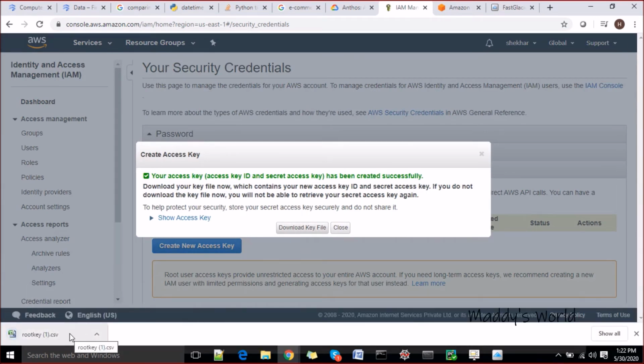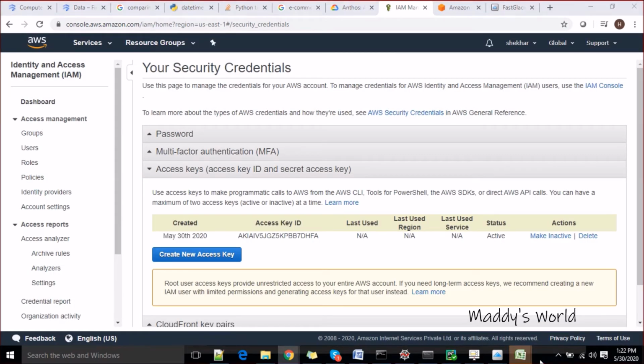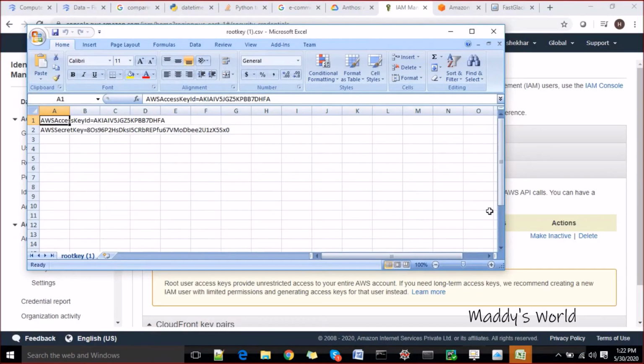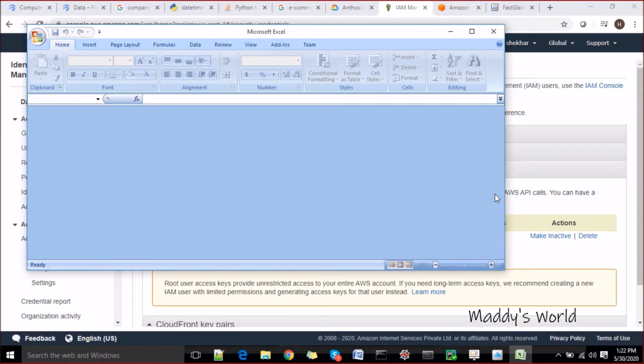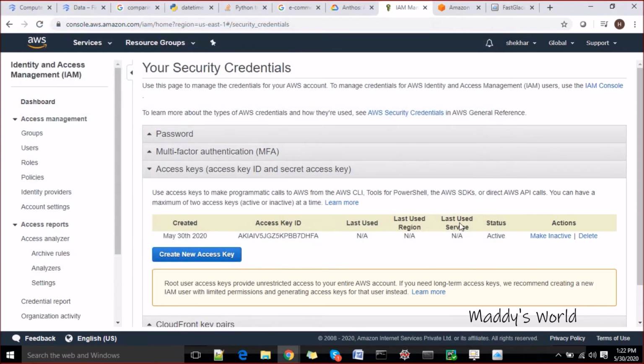Now you can see I have created my access key and secret key. Now just close this. I think this is not mine. I'm not sure if it was downloaded. Let's delete this quickly.